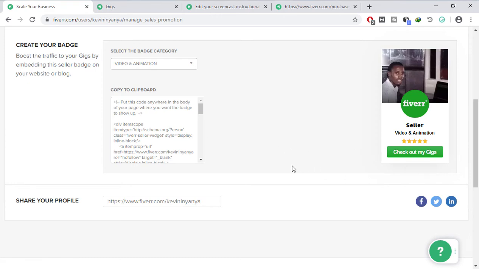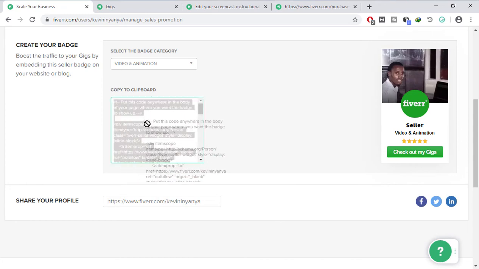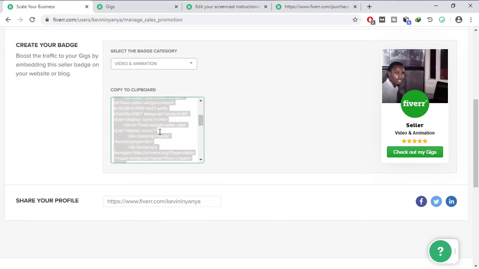You can put this badge most of the time in your portfolio section or even on your front page, so that when visitors visit, they may be able to find the badge. So what you need to do is just copy this link, which is an HTML link,